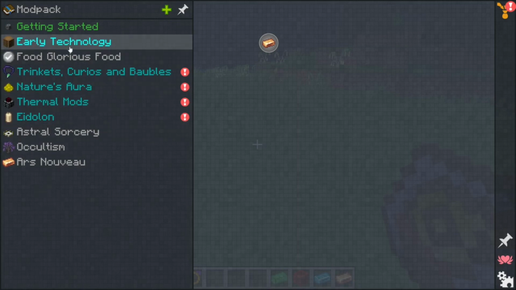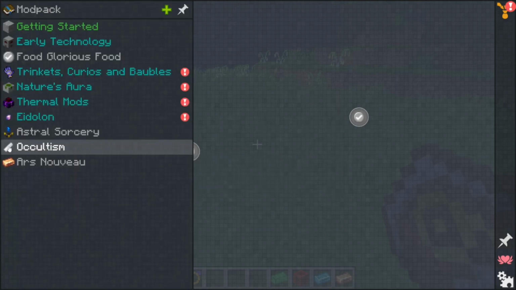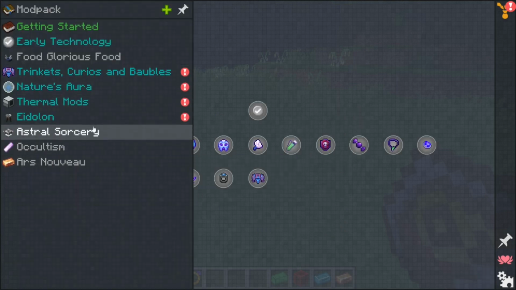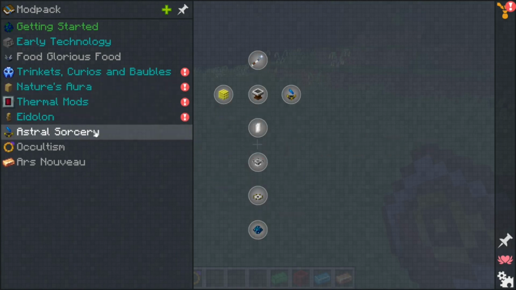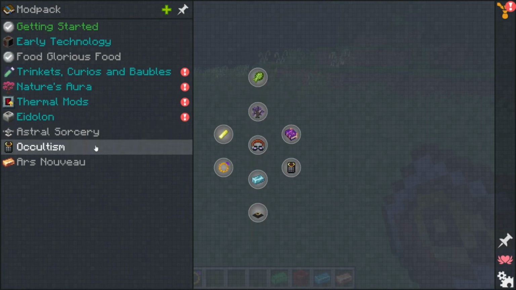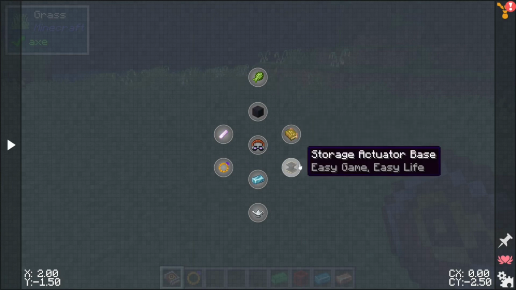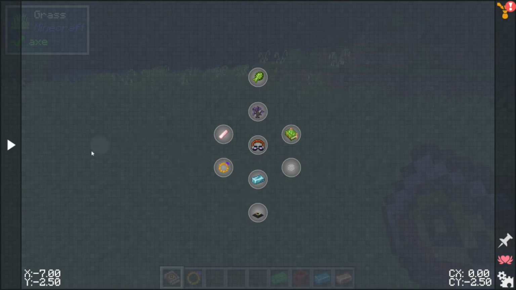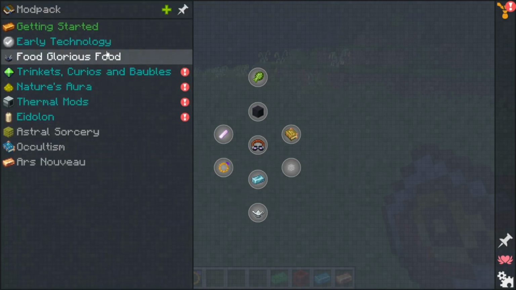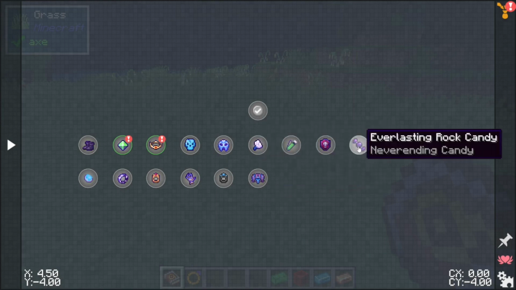Okay, I've been at this basically all day. We've got a number of quest lines, not all of them even close to finished, although I think Nature's Aura, Thermal, Eidolon, Astral, and Occultism are about what we're going to see. There's not a lot of quests, right? They're just here to point you in the general direction of what you want to do with the mods, or they're going to, like the Trinkets, Curios, and Baubles, show you a lot of specific things that you may be interested in